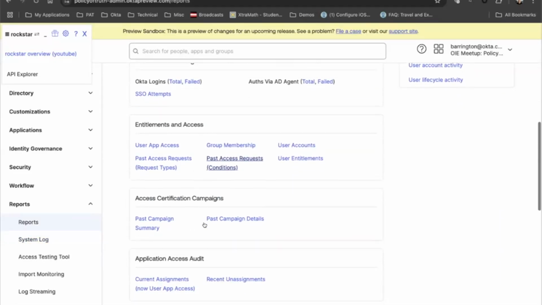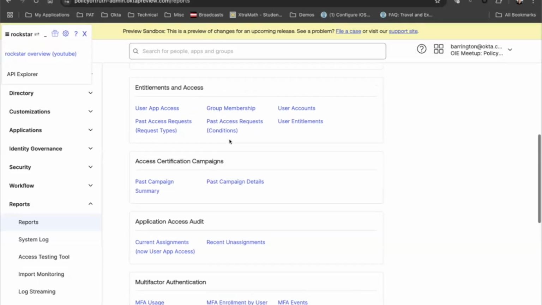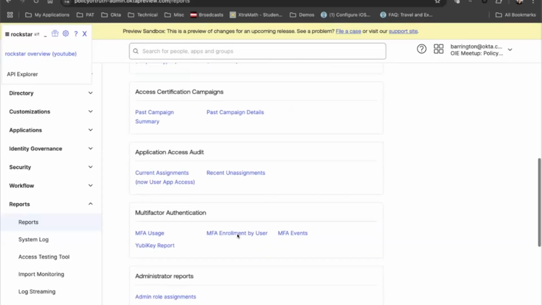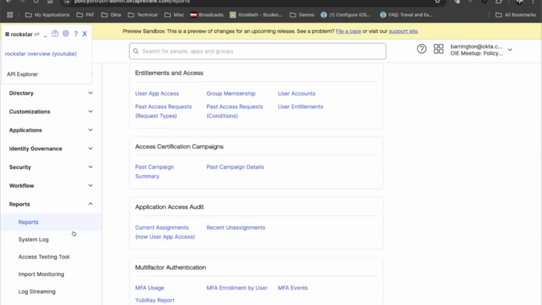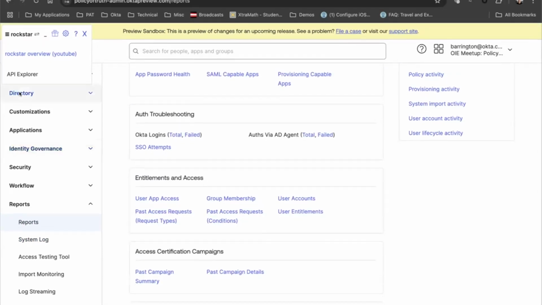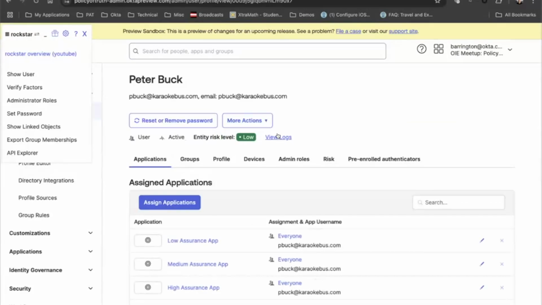Yeah, I'll look to see if we have any canned reports. I don't usually look at the canned reports that much, so I don't know off the top of my head if we have them. But from the system log, if we go back, actually, it'll be easiest if I just go directly to that user. If I look at the logs for this user